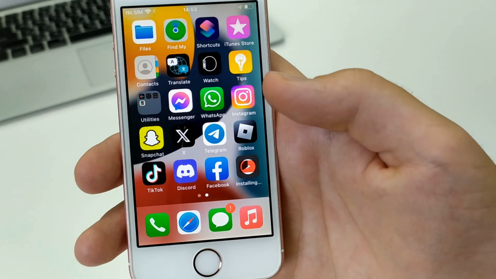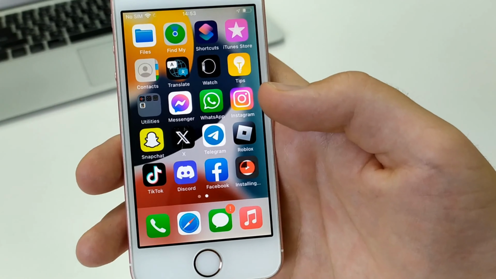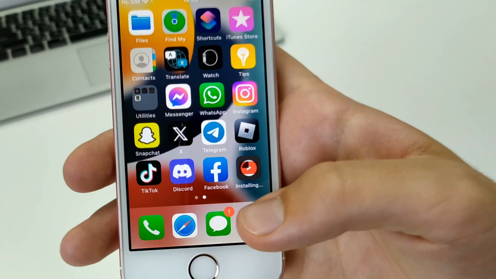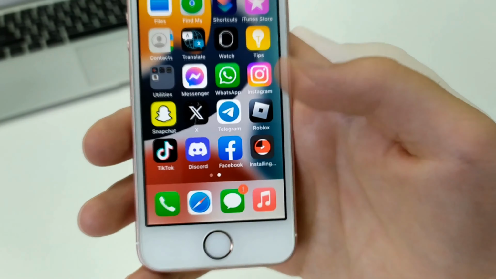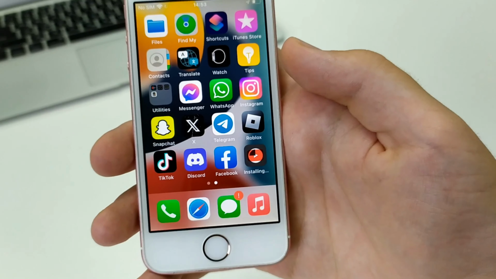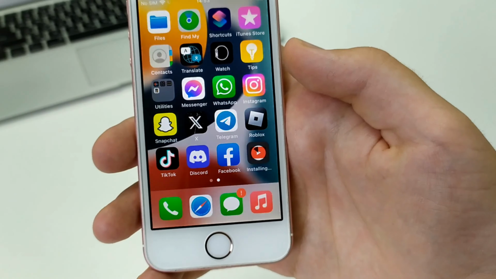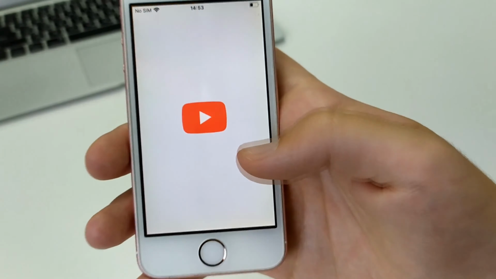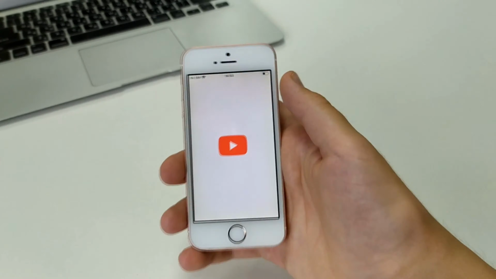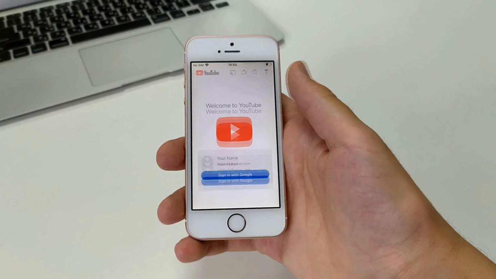And now let's wait until the end while it's downloading. After that, let's go in. I'll show you how you can log into your account. Look, it's loading like this. You have to wait another 8 to 10 seconds. After that, we open this app. We already have YouTube recommendations.